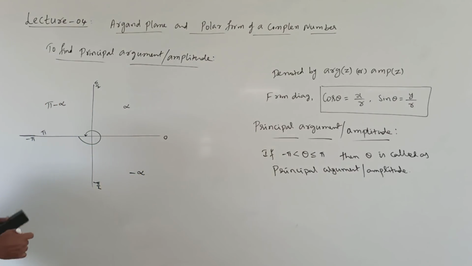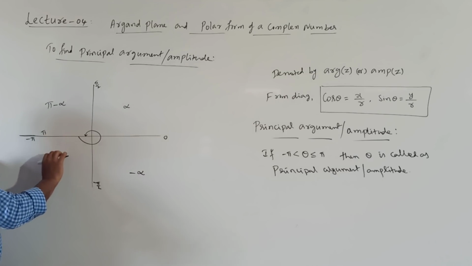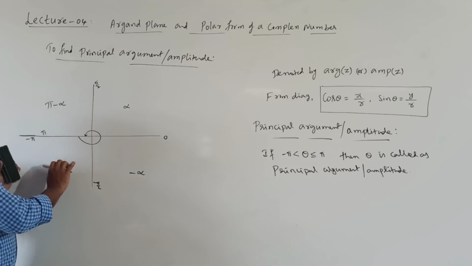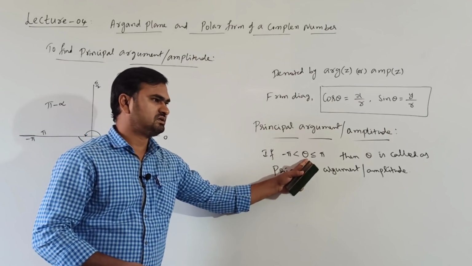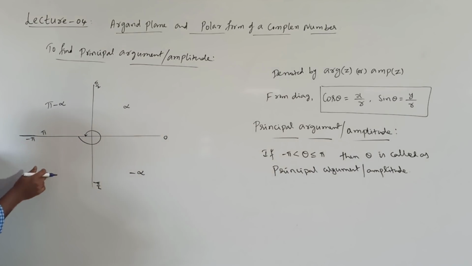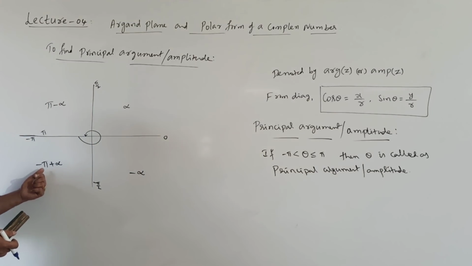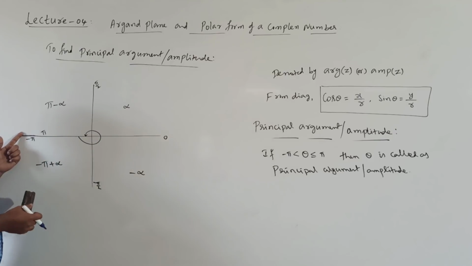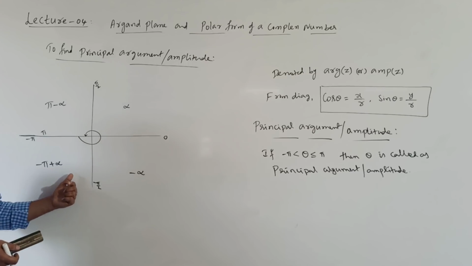Next, third quadrant. Actually third quadrant we can take as pi plus alpha, but if I take pi plus alpha, it is more than pi. More than pi means it does not lie in the principal solution. So what we do is I will take minus pi plus alpha. Suppose both cos and sin are negative, we have to take a third quadrant angle. This is minus pi and we are moving in anti-clockwise direction, it is plus. So minus pi plus alpha.